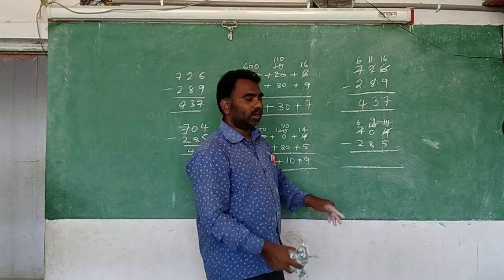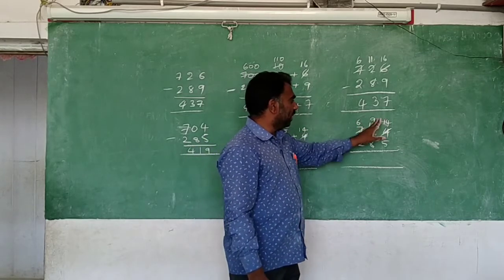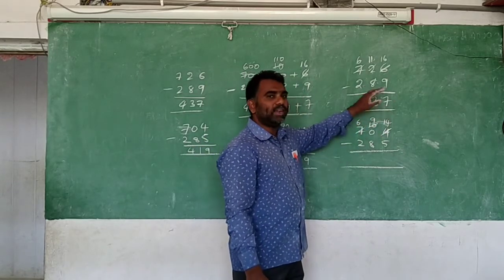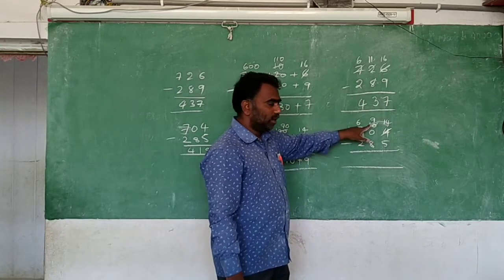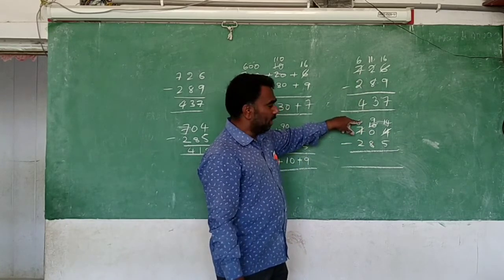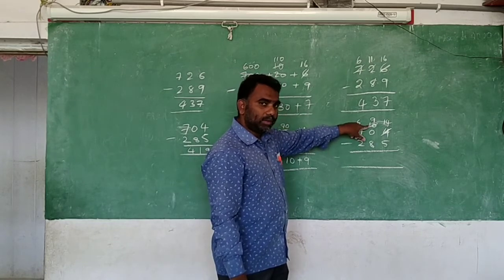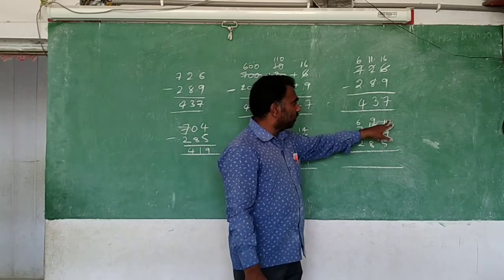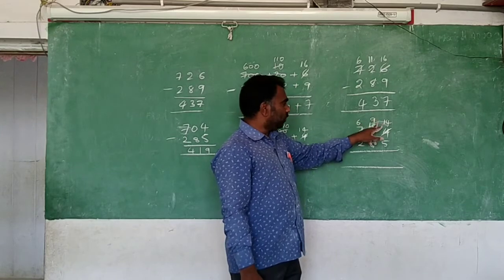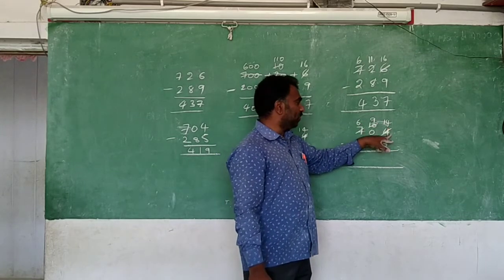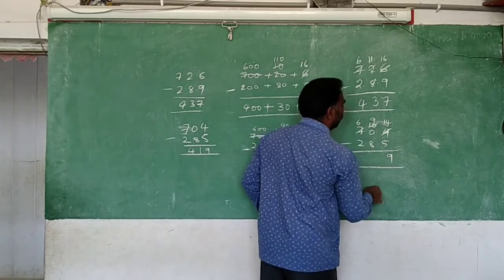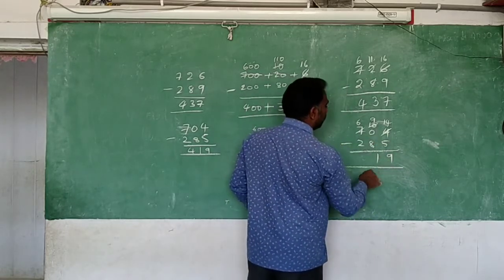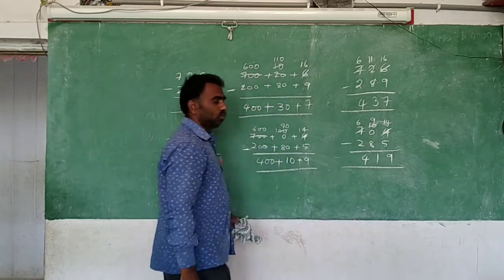So I think you understand. When I am sending 1 here, here only it is 1. In the next place that will become 10. So here 7 is there. From here 1 I have given here. Then what is left here? 6 left. From this 10 I have given 1 here. That's why it becomes 9. This 1 will become 10 in this place. 10 and 4 will become 14. Okay, 14 minus 9 is 5. 9 minus 8 is 1. 6 minus 2 is 4.